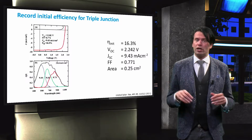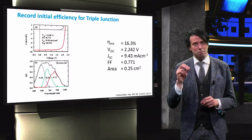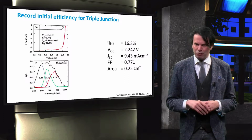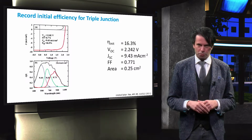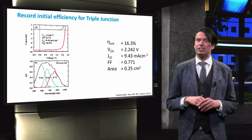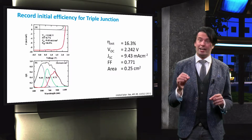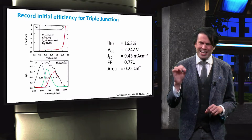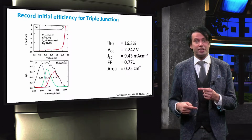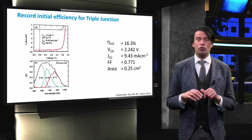The company United Solar in the United States demonstrated this already in 2011 using an NiP triple junction structure. The substrate was a zinc oxide silver back reflector deposited on a stainless steel substrate. An additional innovation introduced in this triple junction was the bifunctional silicon oxide layer between the middle and the top cell. It serves as the N layer of the amorphous silicon germanium middle cell, and it serves as the intermediate reflective layer between the amorphous silicon germanium middle cell and the nanocrystalline silicon bottom cell. The combination of innovations resulted in a reported initial conversion efficiency of